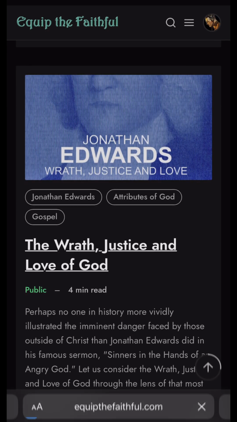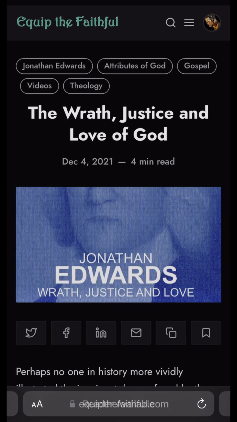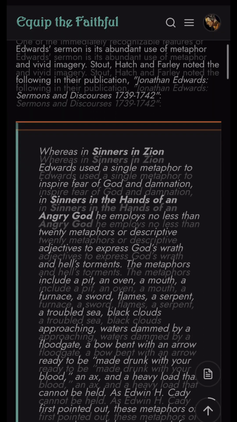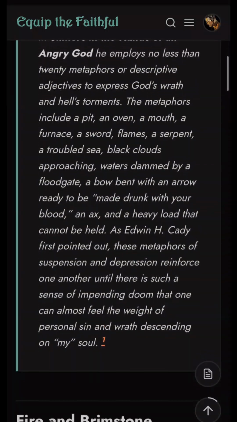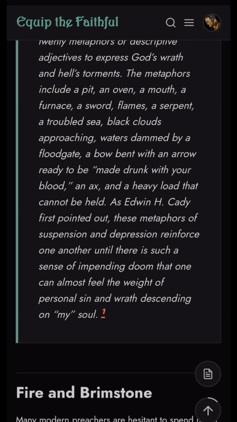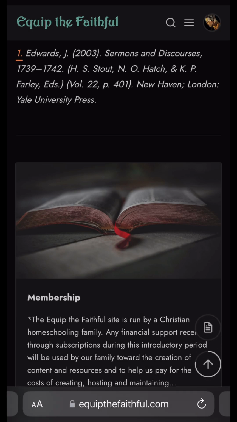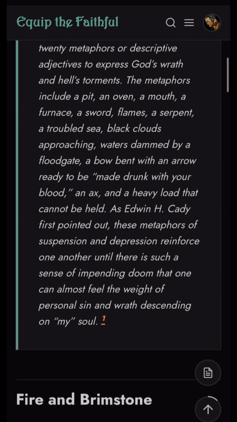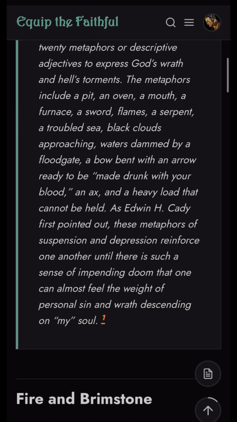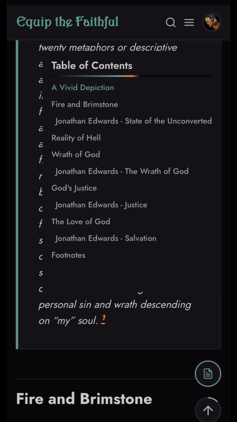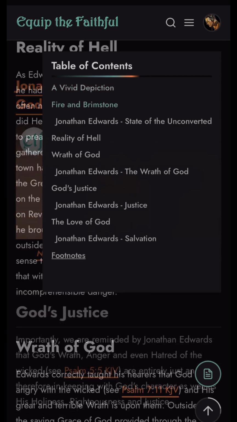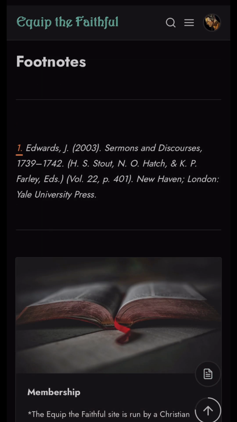Some posts will have footnotes to reference sources. When you see a superscript number with an underline inside of a post, tapping the number will take you to the corresponding footnote. If you tap on a number next to the footnote, it will return you to the top of the reference section containing that footnote. Any post containing footnotes will also have a table of contents. The Footnotes section can be quickly navigated to from the Table of Contents menu.